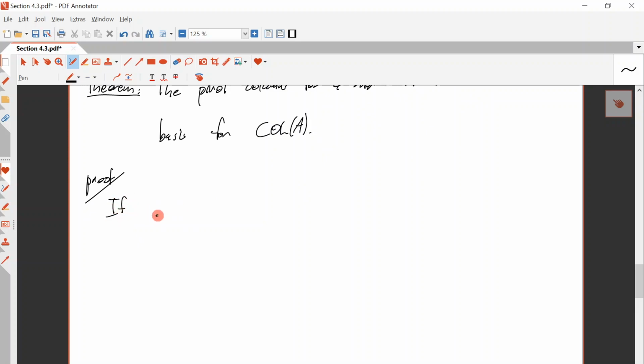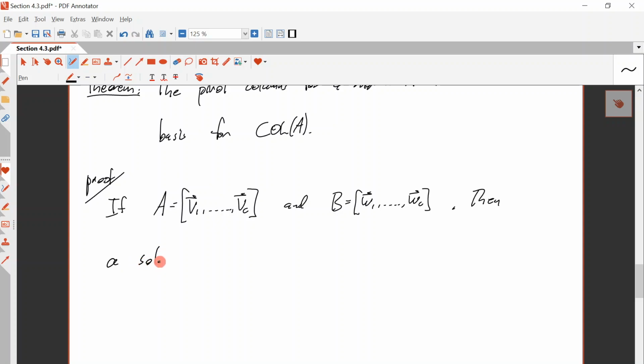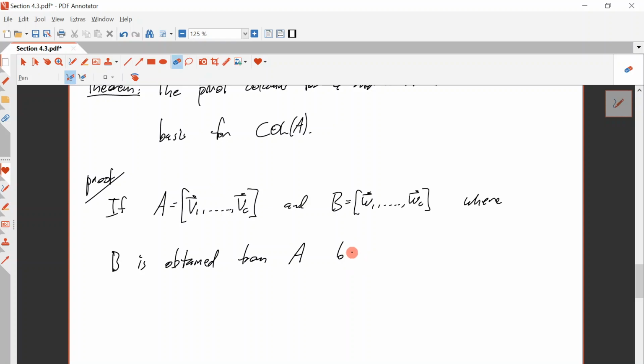If A is equal to v1 to vc, and B is equal to w1 through wc, where B is obtained from A by one elementary row operation, then a solution